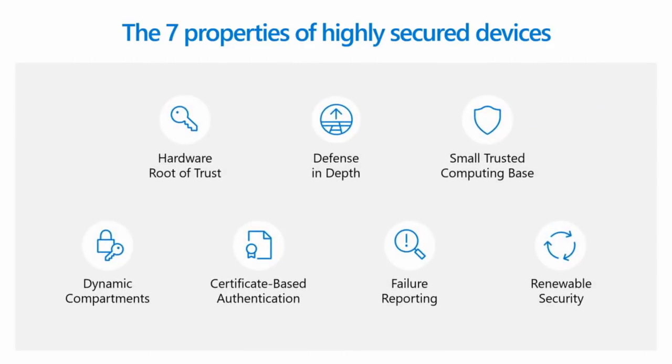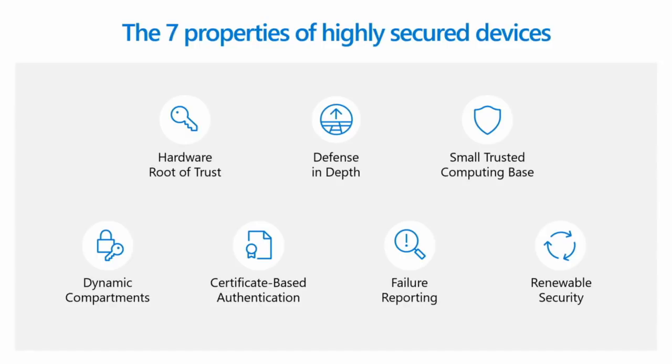One is a set of co-authors and I authored a white paper called The 7 Properties of Highly Secure Devices. These properties are measurable. Now, why do we do this? Well, we felt that there was no bar someone could look at when they were looking at an IoT solution and determine the level of security that it had. Everyone simply says, you're secure. It's black and white. It's a single bit. Everyone in this room knows that's not how security works. This is us putting a line out there, a marker that says this is the minimum bar any device that's connected to the internet should meet to have the potential to be secured.